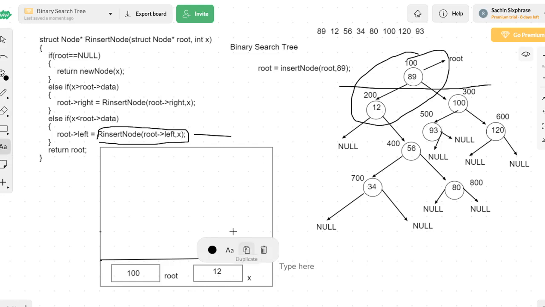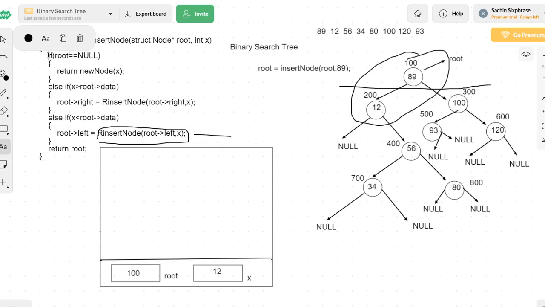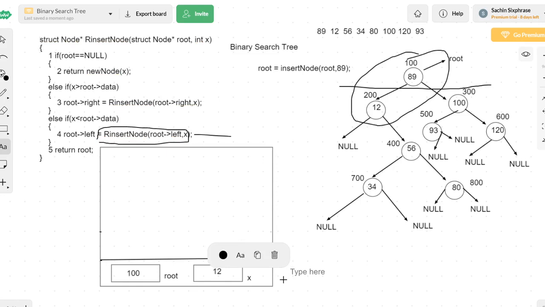Okay, so up to this line we will have line numbers so that it will be very easy for us. This is line number 1, this line number 2, this line number 3, this line number 4, and this line number 5. Now in this activation record, so far up to the 4th line we have executed. Up to the 4th line, I have still not seen any return statement. When you make this recursive call and enter into a new activation record, for that activation record only you saw a return statement.